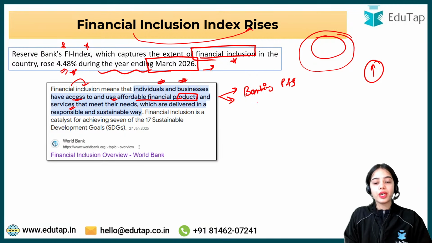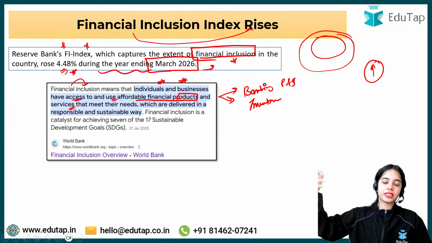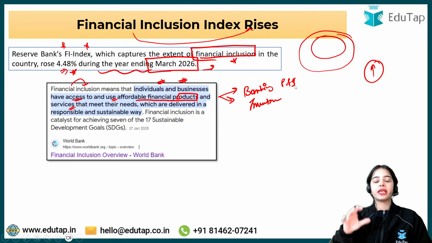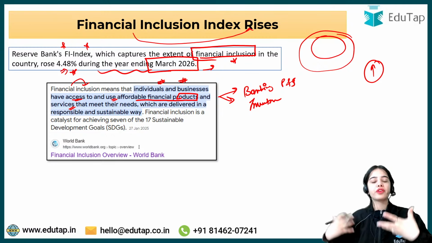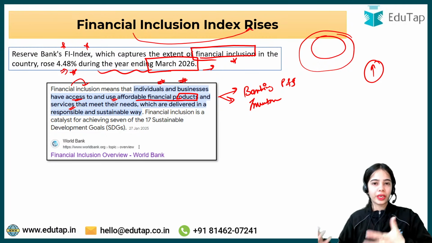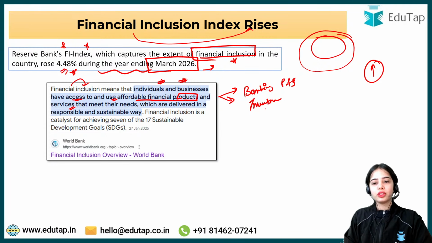There is also investment under the SEBI, the Securities and Exchange Board of India. There is the capital market. So we also invest in bonds, and we also invest in equity or shares and such. So the investment products and services should also be provided to individuals and businesses, along with pension products and services, insurance products and services and such.